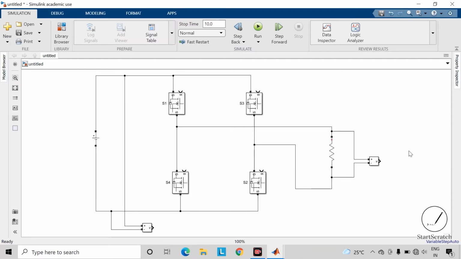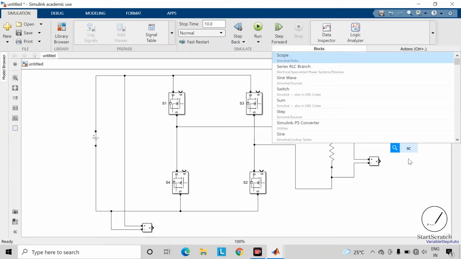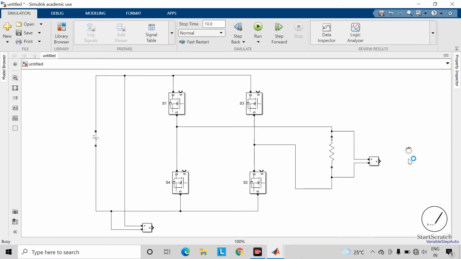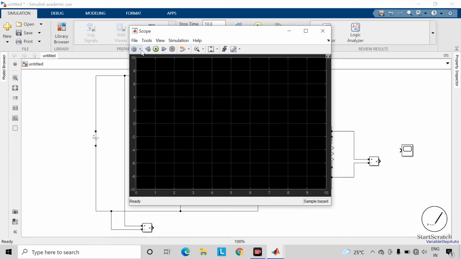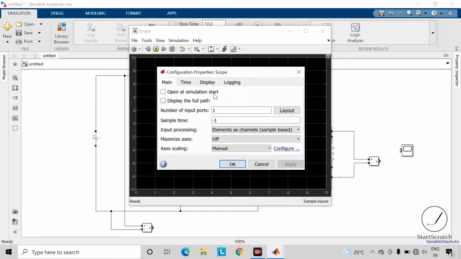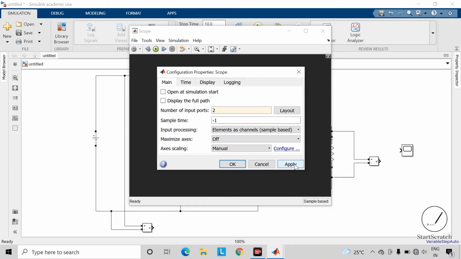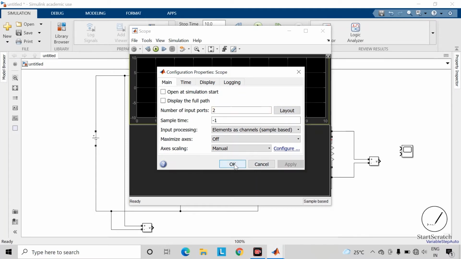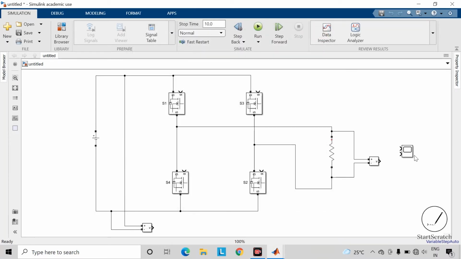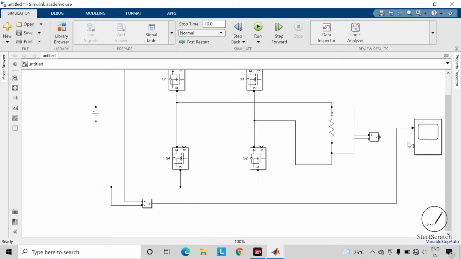Now take the scope block, change here the number of input ports, and the layout of the scope. So connect these two input signals to the scope block. We will give the name to each signal.